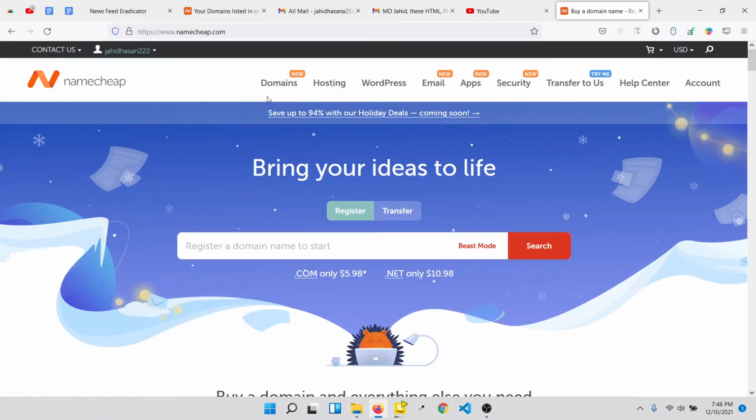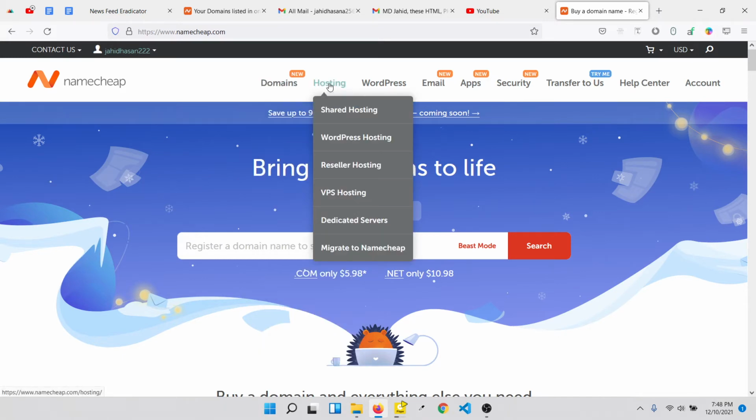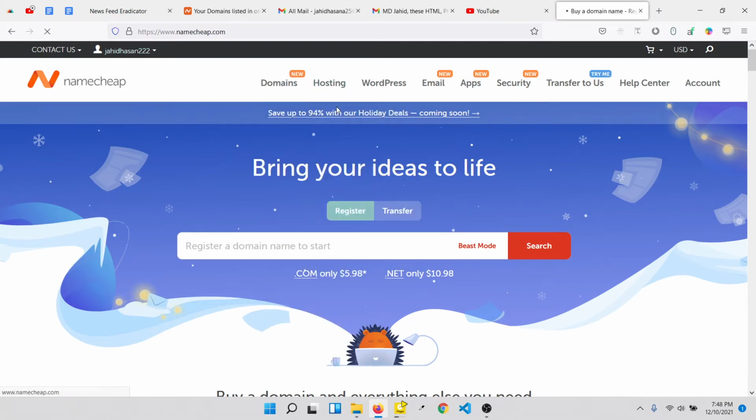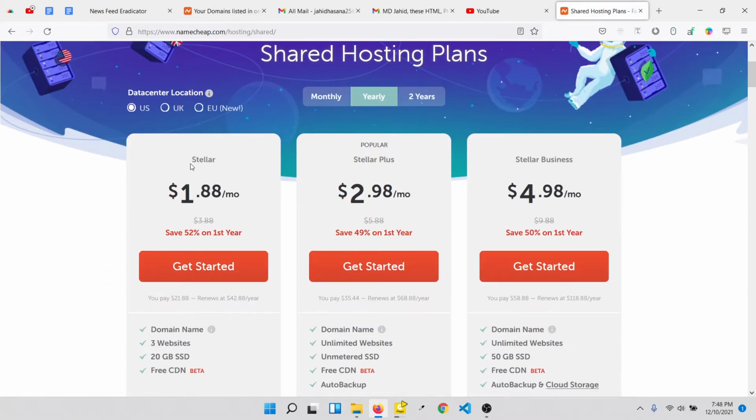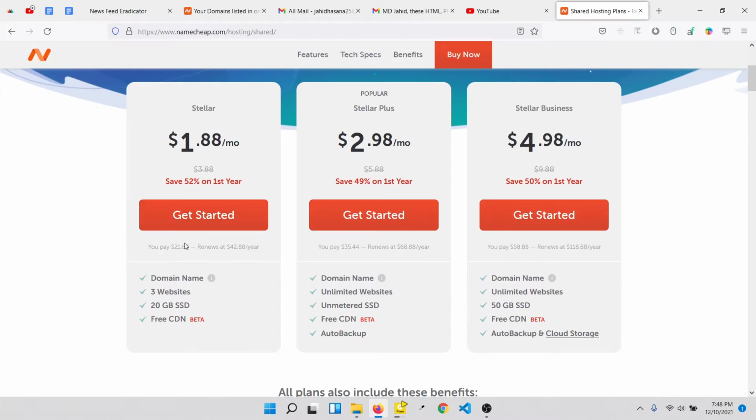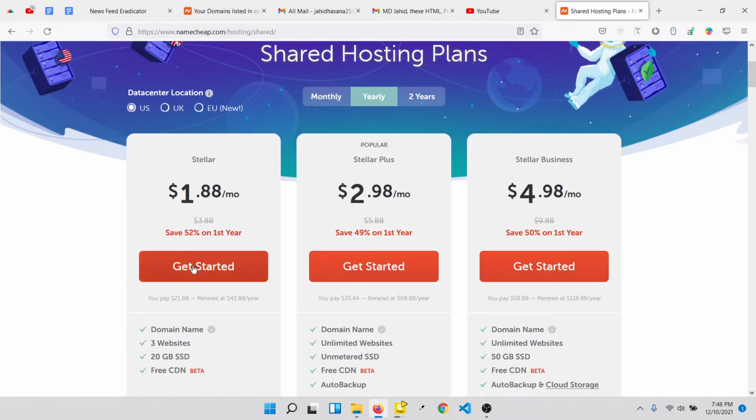So you go to hosting and select shared hosting, and you see the first option. This package is $21.88 per year. So click the Get Started button.